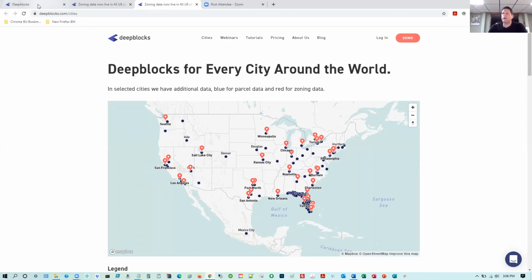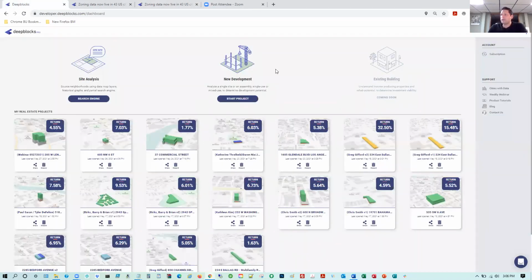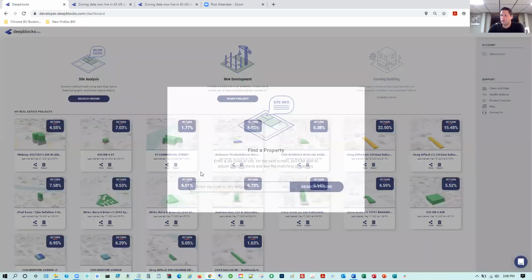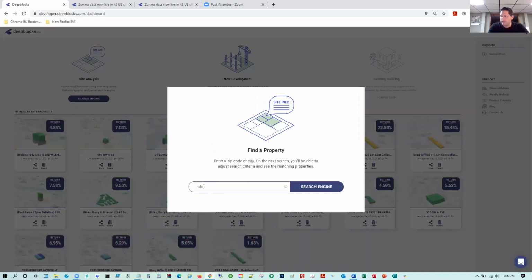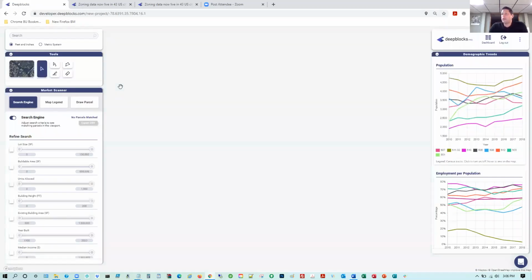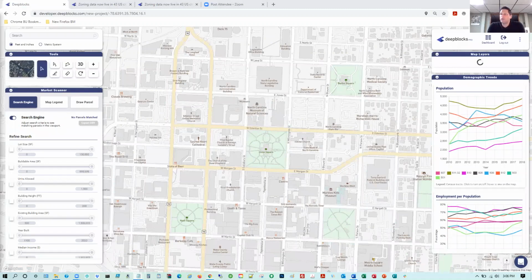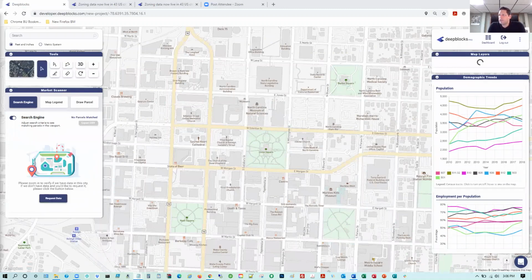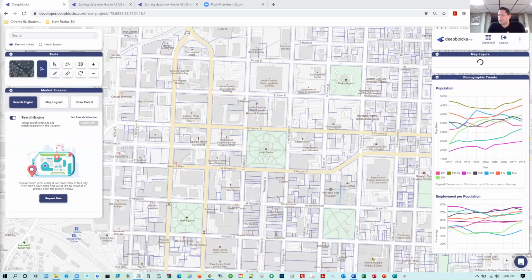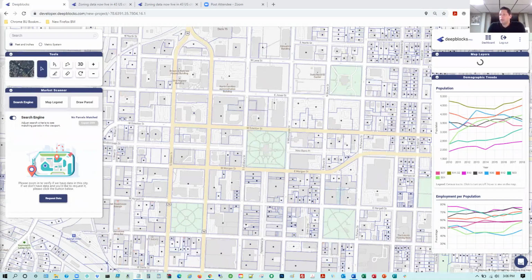We're going to jump into my dashboard, which you see right here, which again shows you the two different types of interfaces. We have our search engine, which I'm going to jump into, and we're going to search Raleigh, North Carolina. A lot of development going on in Raleigh, a tremendous amount of migration, population moving into North Carolina, especially in Raleigh. And as we described in our webinar email, our main focus is going to be searching for land development opportunities.